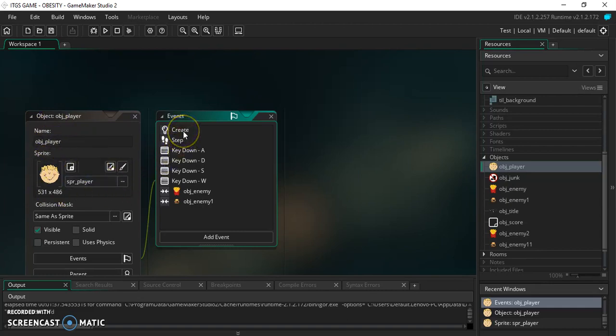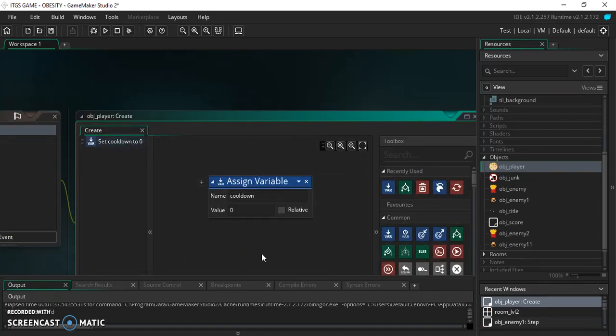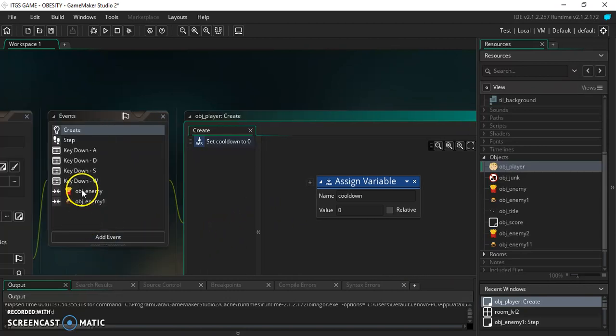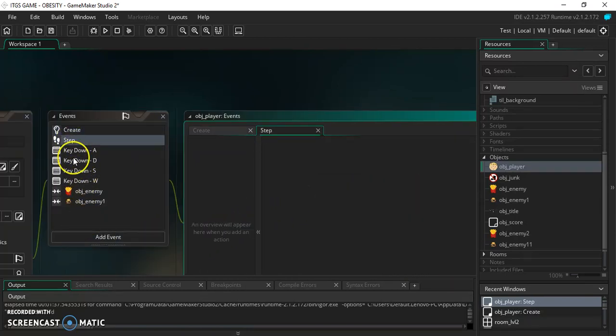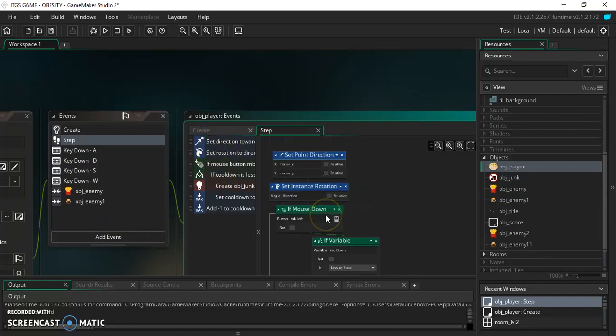After that, you have to create events. For example, in the create event, you should put a cooldown. A cooldown basically means that the player is able to move and cool down after every move he does. Next comes step. In step, we put basically the direction he's supposed to move in, which is here. We could see set point direction,